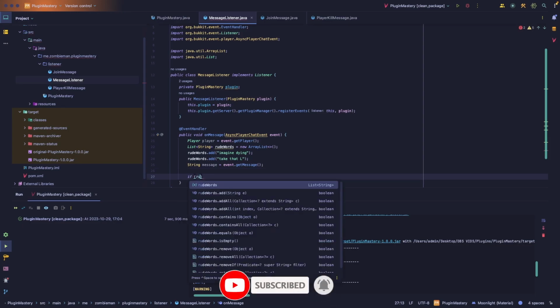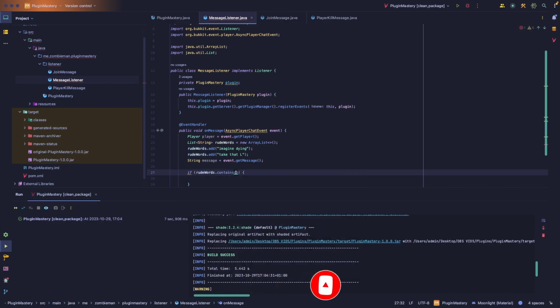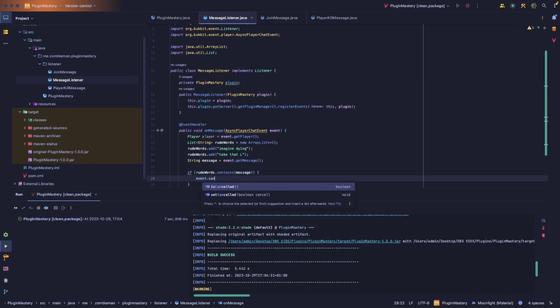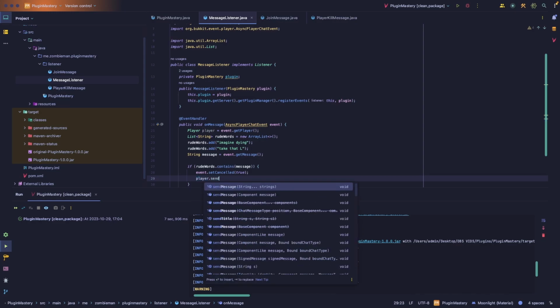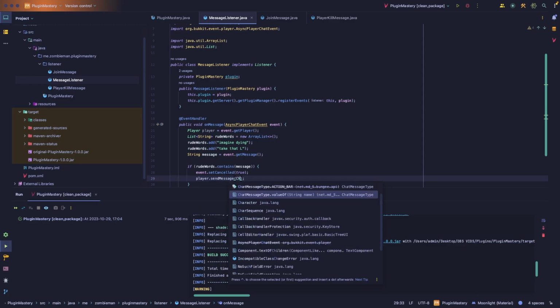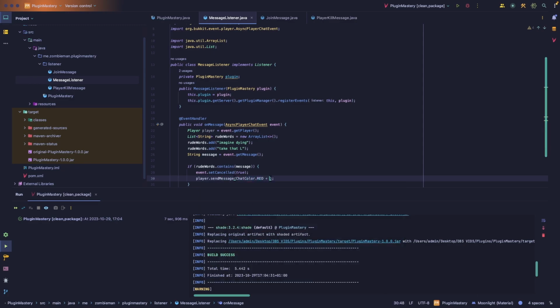If rude words dot contains message, you can do event dot set cancelled to true, because we don't want it to send it, of course. And then we send them a little message like here, send message, color.red, don't be toxic to others. Okay,